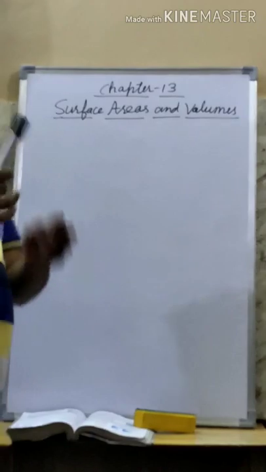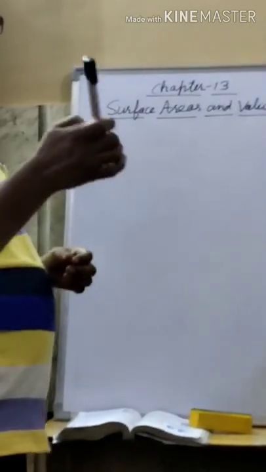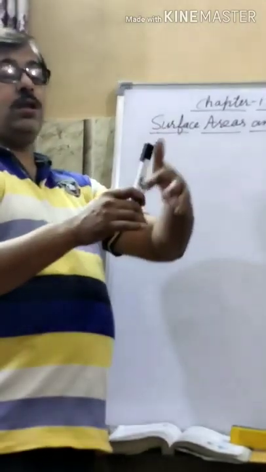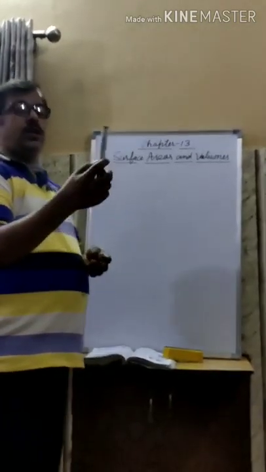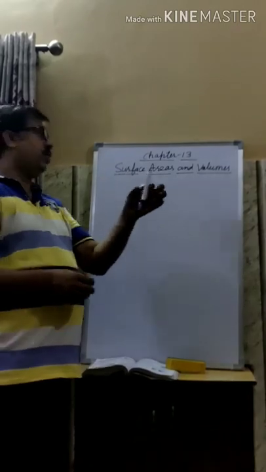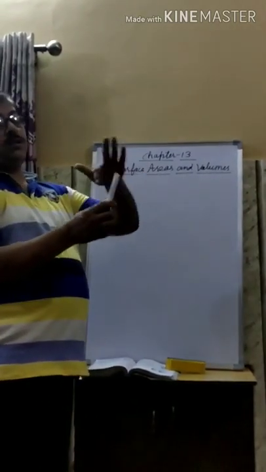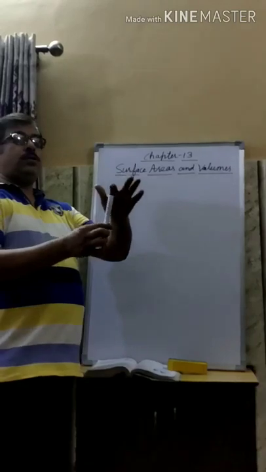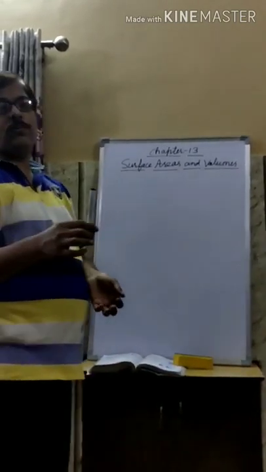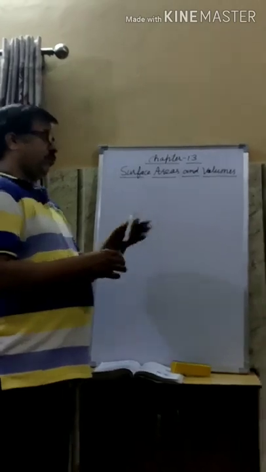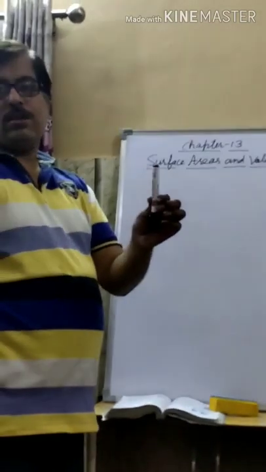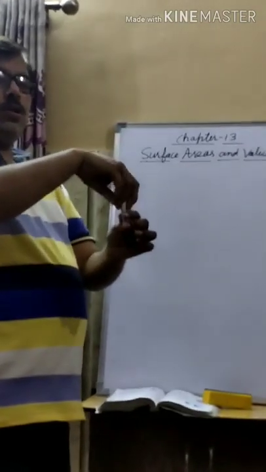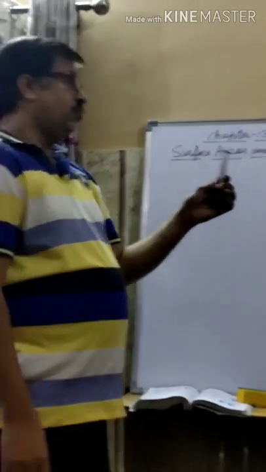Same here, suppose you are having this marker, it is cylindrical shape. If I say surface area, this is called the surface area of the cylinder. Its shape is cylindrical, so its surface area is the curved surface area plus surface area of top, surface area of bottom. Clear this? And then volume means space inside the cylinder. Space inside the cylindrical object, that is called volume.